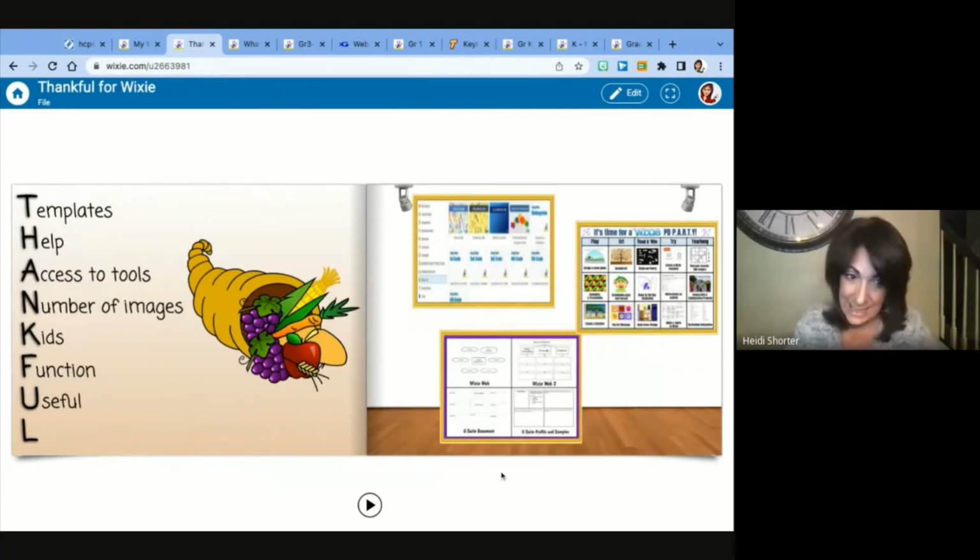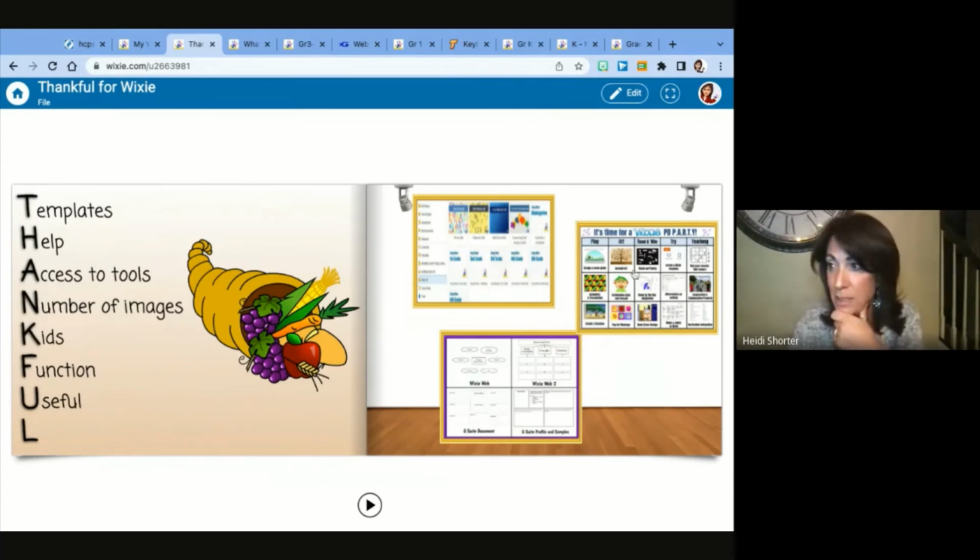And as you can see here, my U for being thankful is just so many of the useful tools that I know I've kind of pointed out and talked about already. But again, this is just another screenshot of all of those useful videos that they put in this year from the grade levels. But also, it's pretty useful.